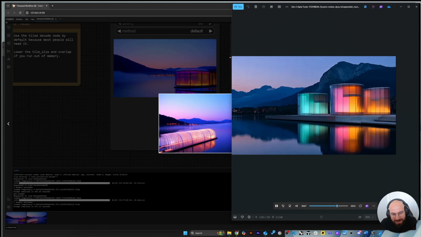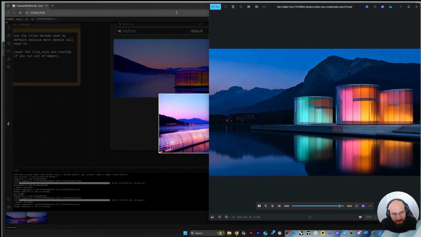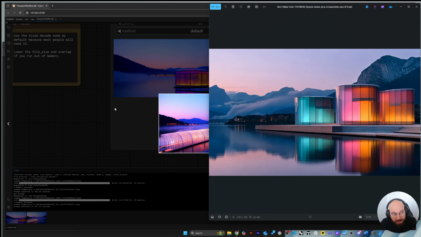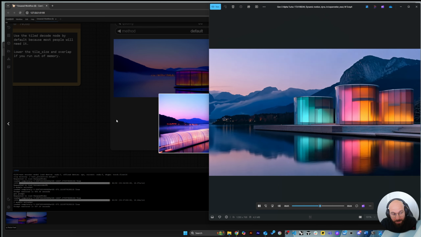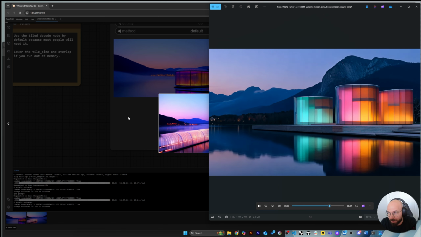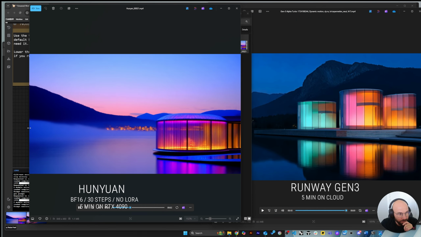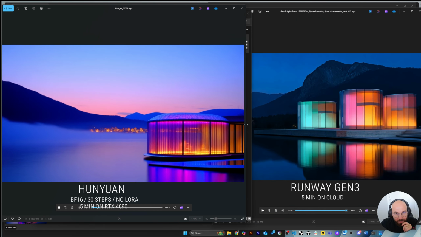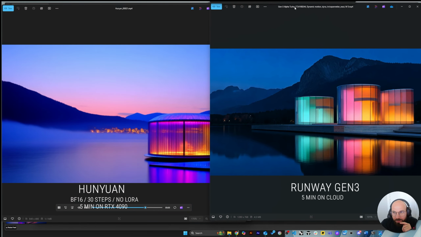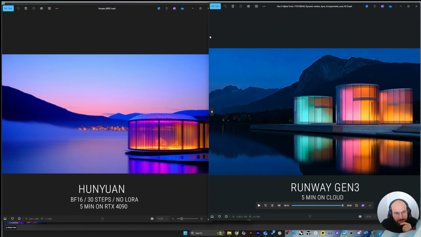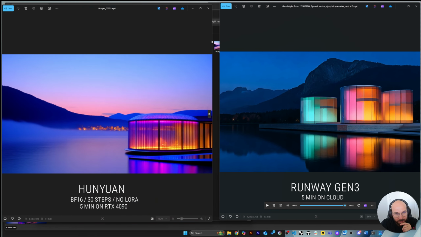Unfortunately, there is no such thing as image to video yet on Hunyuan, but it might come very soon, and I'm looking forward to it. I think it's lacking a bit of movement. I found on Gen-3 and Runway had slightly more control over the movement,